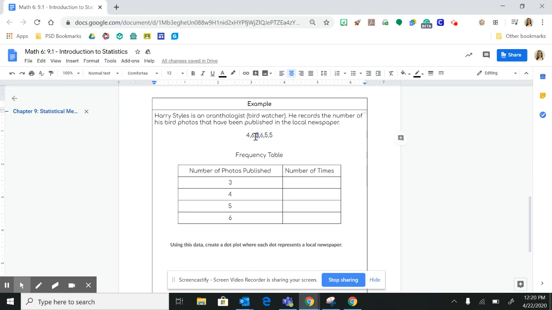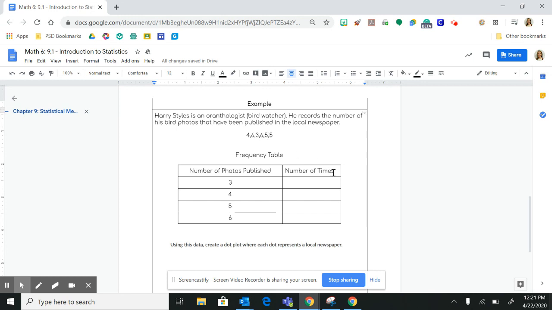For People Magazine, he published 3. For National Geographic, he published 6. For the Charlotte Observer, he published 5. And for Time Magazine, he published 5. So these are all different values, and each one represents a different